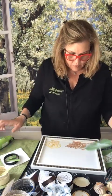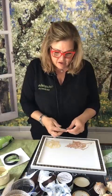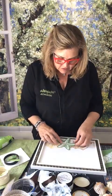Okie doke. So let's see. I'm going to cut this out to see. So I'm going to take it and take away some of the space, so we can place it and see where it's going to land better. So don't be afraid to cut up your stencils and use them in different ways. If this was a longer segment and I had multiple stages, I could dry it, let it dry, tape it off with painter's tape, come back and do it again. But for sake of just getting some stuff done for you guys here,